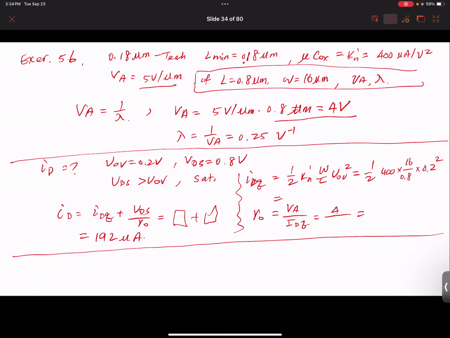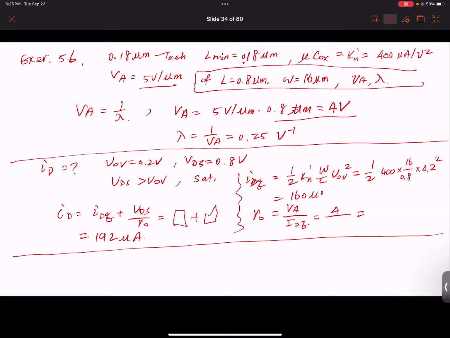Nope, I did everything wrong. Okay, let's do it again. So 400 divided by 2 times 16 divided by 0.8 times 0.2 squared gives you